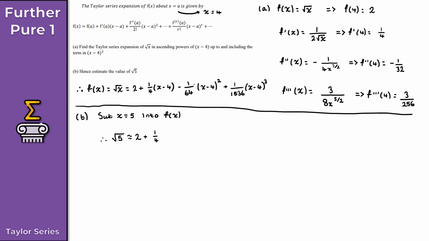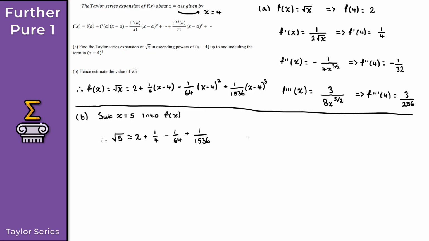We then have, so at this point here, I've got minus 1 over 64 times by 1 squared. So 1 squared is just 1, right? So I've got minus 1 over 64 times by 1. I get minus 1 over 64. And then finally here, well again, this x minus 4 to the power of 3. If I substitute x equals 5 into that, I just get 1 cubed, which is 1. I get plus 1 all over